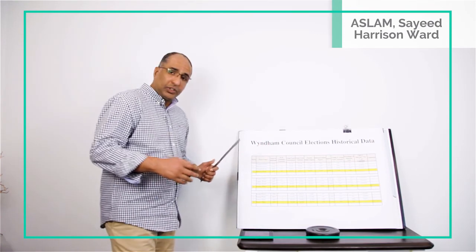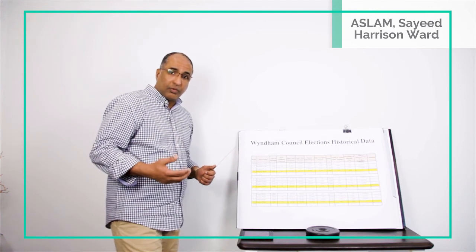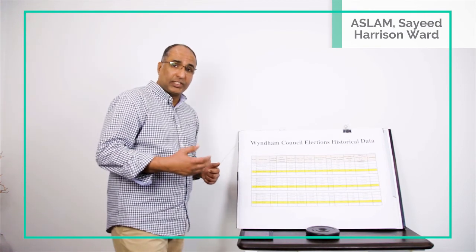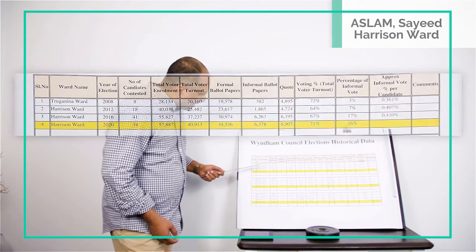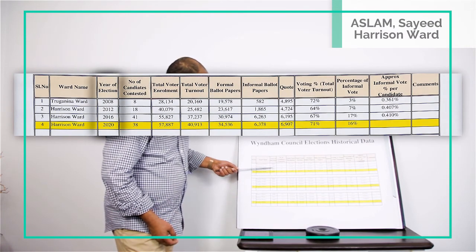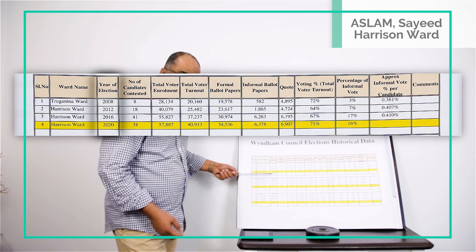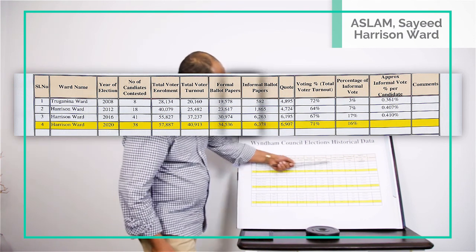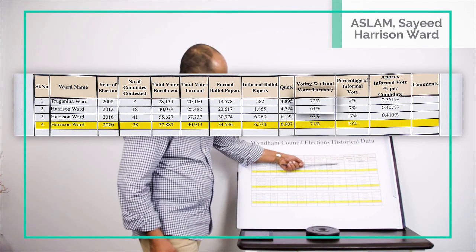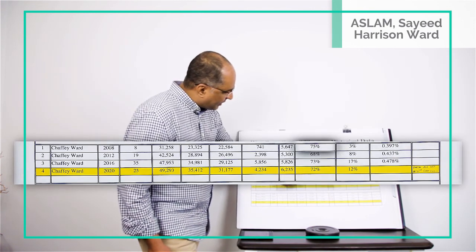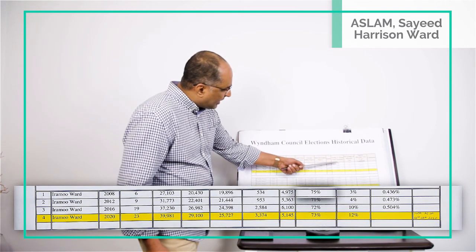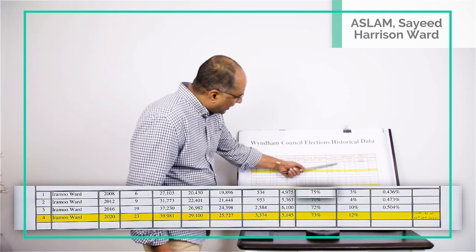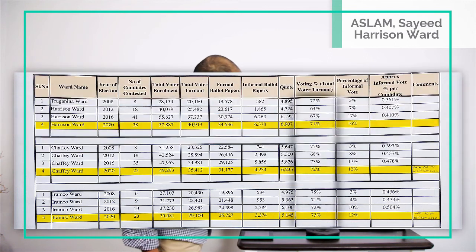Now, I've tried to highlight the importance of voting, or the percentage of voting that was done in the past elections. If you look at it, this is 2008, 12 and 16. 2020 is the one coming up now. In 2008, you had 72% voter turnout, Sheffy had 75 and Iramo had 75. I've done that across all the previous elections. The maximum percentage of voting that we ever had was 75%.